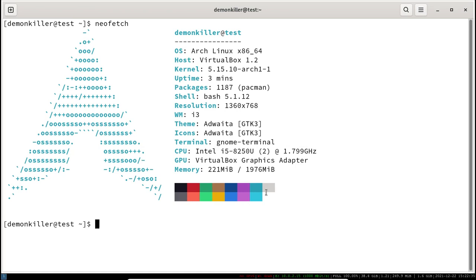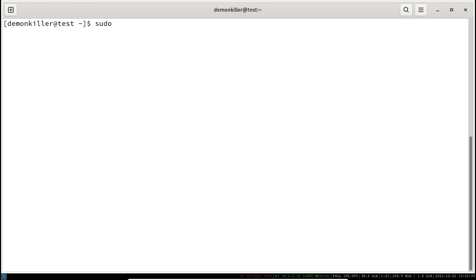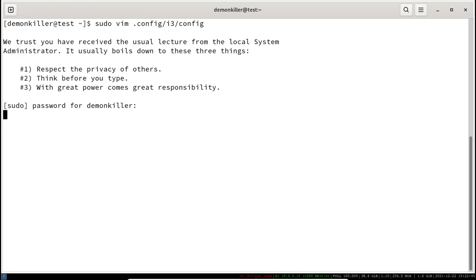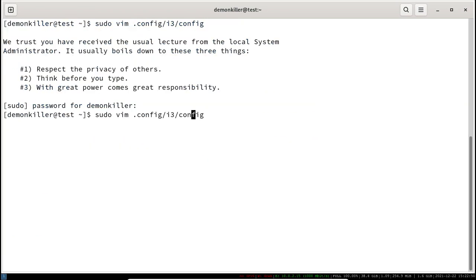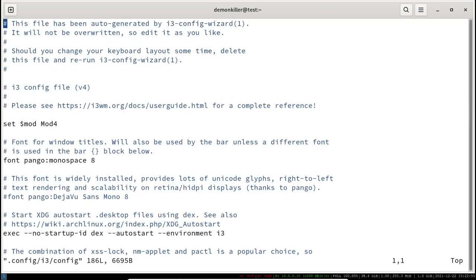So what we can do is type in sudo, we have vim installed, remember, so we can go to .config i3 config, and obviously, by the way, you don't need to do sudo, right? We can just remove sudo from here. You can just vim.